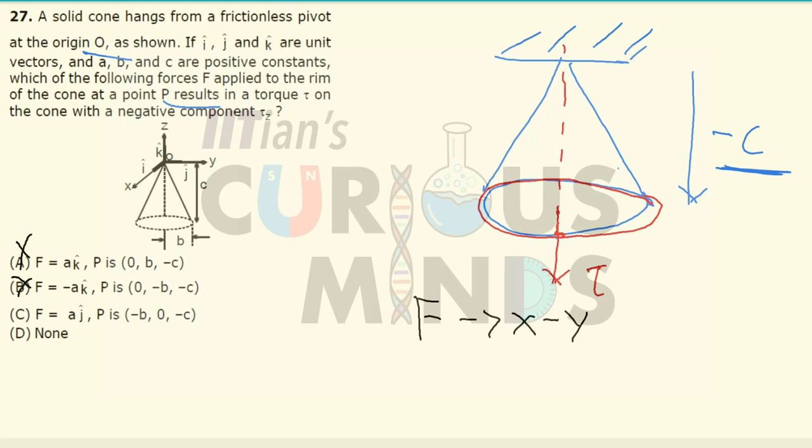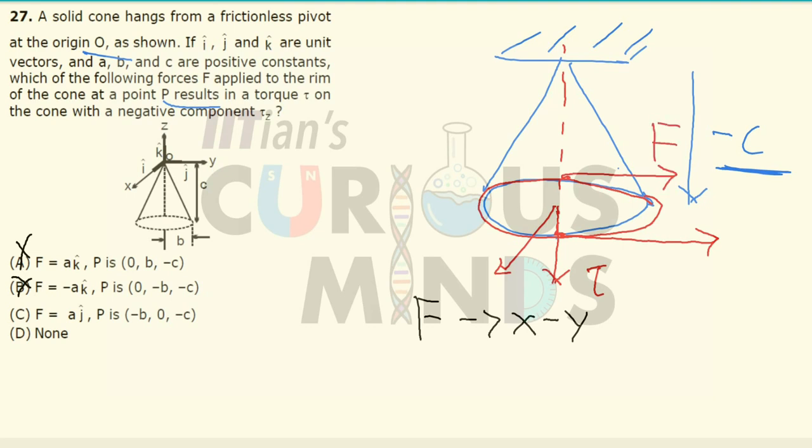And in the negative B i cap direction, the force is applied in the A j cap. It can be said that the force is applied somewhere over here, at a component of minus B comma C. So minus B comma C. Now since this is positive, this will be negative, so actually the force will be applied somewhere over here.